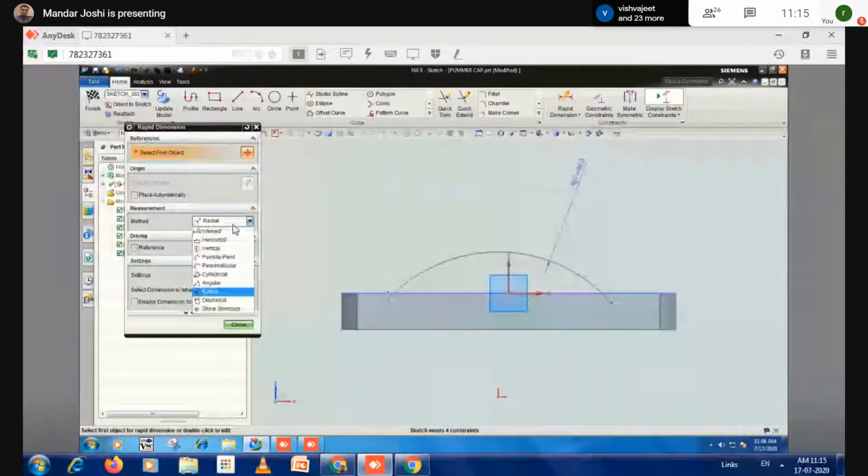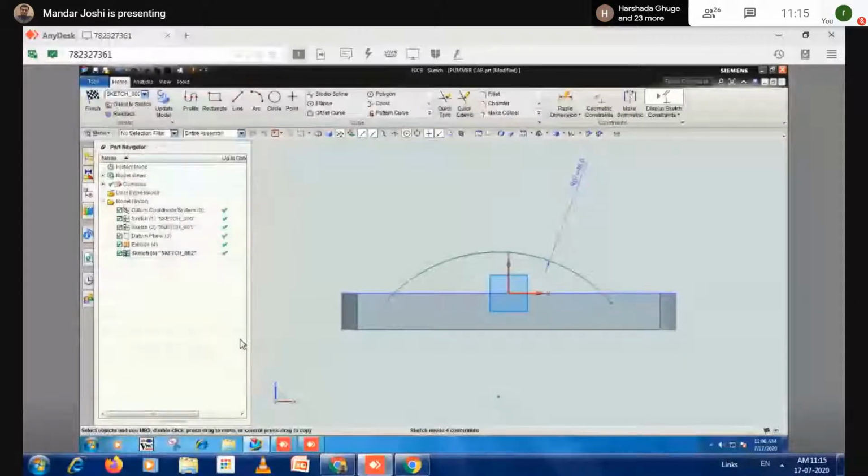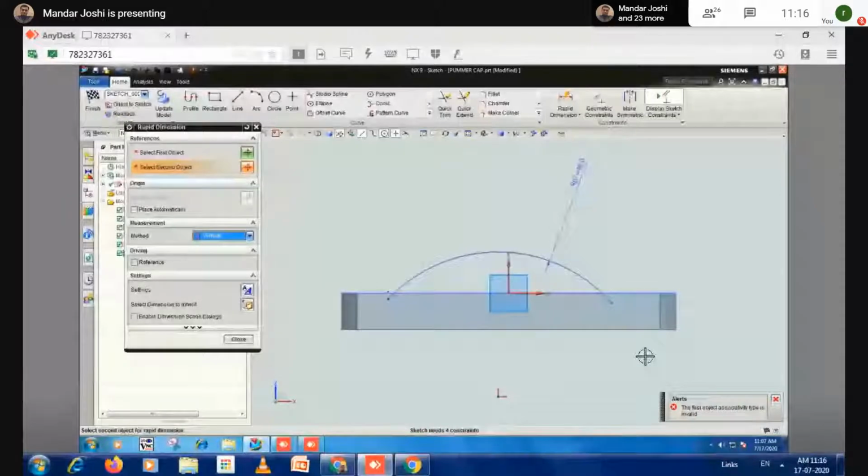There is a selection issue there. Just rapid dimension, then vertical option, this edge, and then this point. What's the issue?